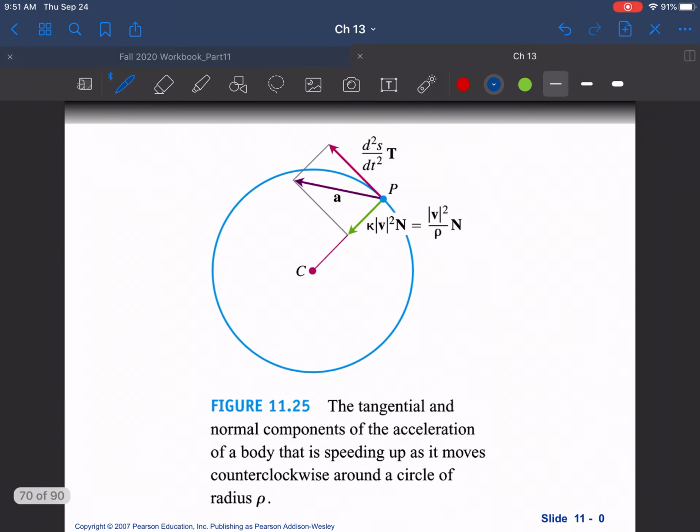So here we can see all of those vectors on this nice diagram, where we have the acceleration going off in this direction, and then we have this component here that is tangent to it, which has a length of d²s/dt², and then we have this component here that has a length of v²/ρ, or κ times v². Okay, and so we have those two things right there for finding the components of that